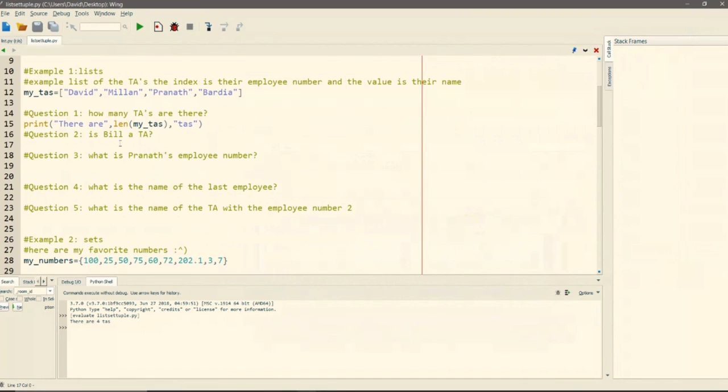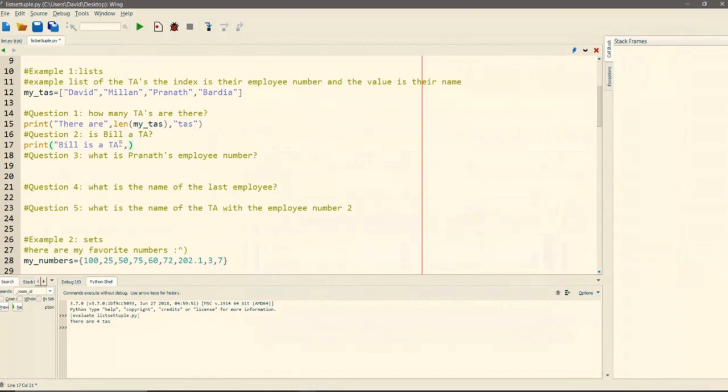So the next question is, let's say you're a prof and you have a favorite student named Bill, right? And you want to make sure, okay, is Bill one of my TAs? Well, that's a really good question. Surely there should be a way to figure that out. So there is. Let's say we go here: Bill is a TA.